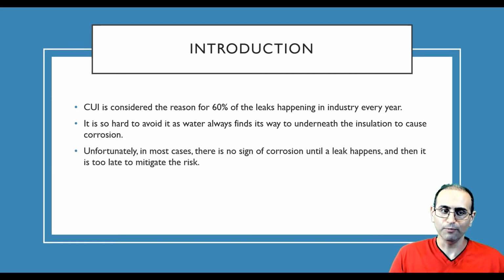That's inevitable. And unfortunately, in most cases, there is no sign of corrosion because of the insulation around the pipe or the vessel until the leak happens, and then you see the leak, and you have to take care of it, and basically it's already too late to take care of the CUI risk,